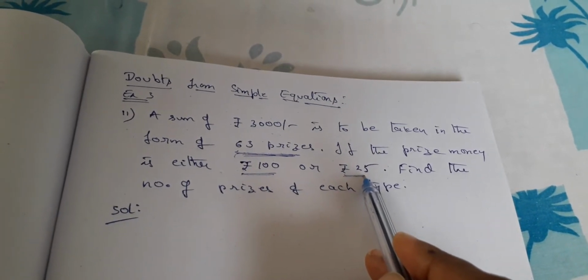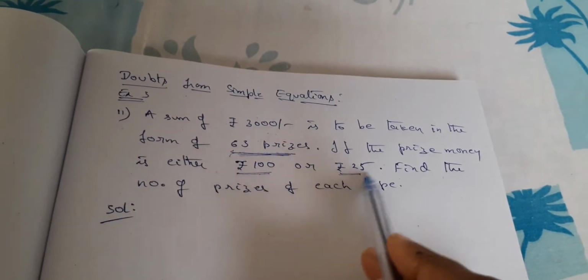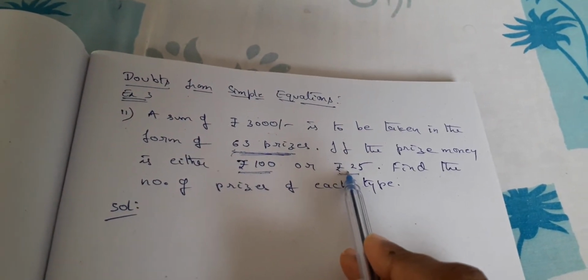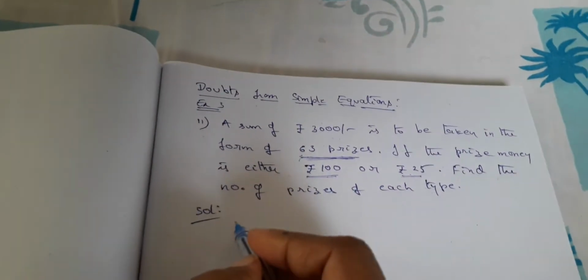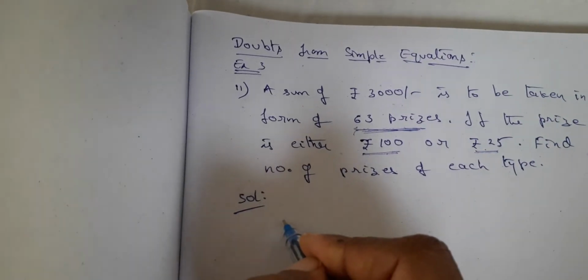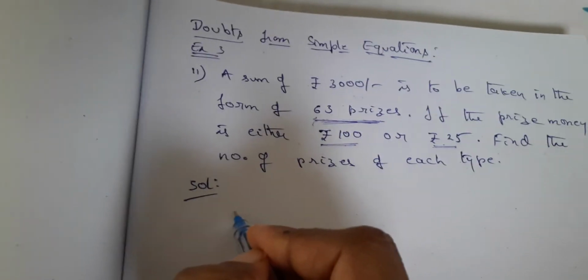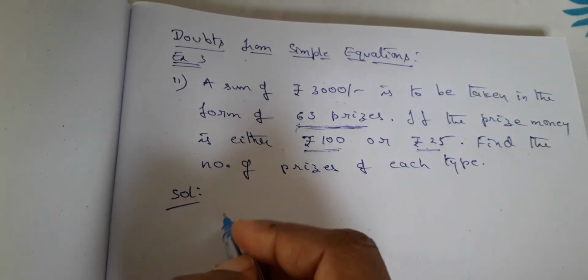No. So that means we have to assign either the number of prizes of 100 as x or the number of prizes of 25 as x. Not an issue, isn't it? When we don't know anything, we have to do it like that. And some of you have done something like, one particular variable you have taken x and for the other one you have taken y. I said it is only the simple equations chapter, you have to take only one variable.